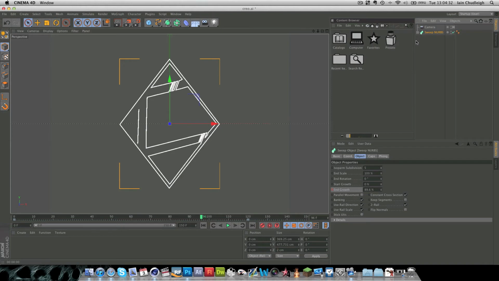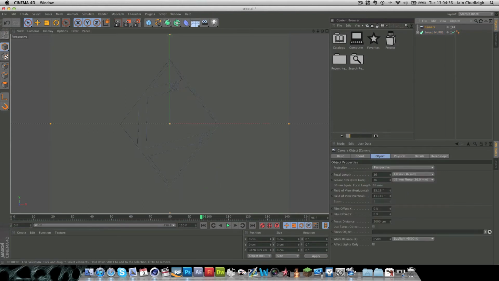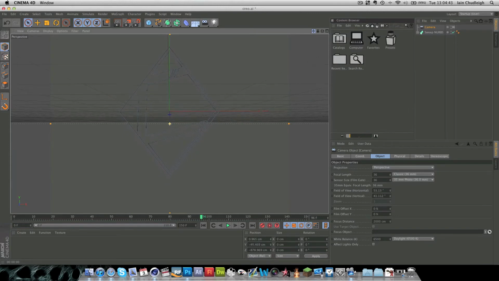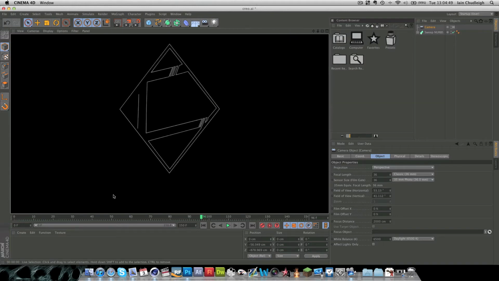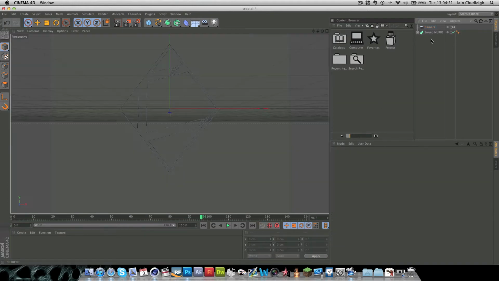Now, the next thing we want to do is you might just want to move the camera down a bit, making sure that's still at 0. That way you have a bit of space at the bottom here for any text. But what we want to do now is just add a box